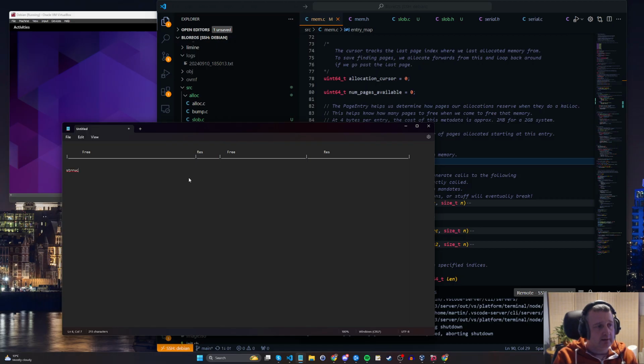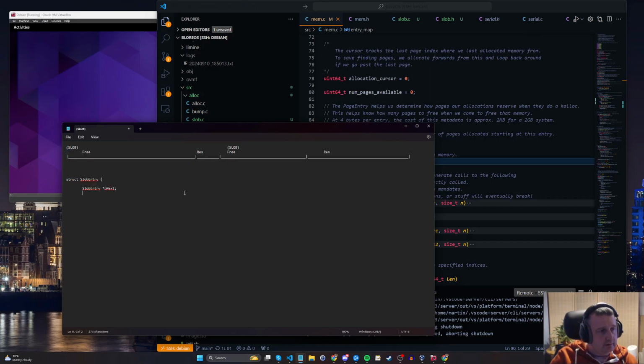It's going to be kind of like a SLOB entry, and we'll have a next entry pointing to the next SLOB. So this free block here will be a SLOB, and then this one will point to the one that's defined over here,